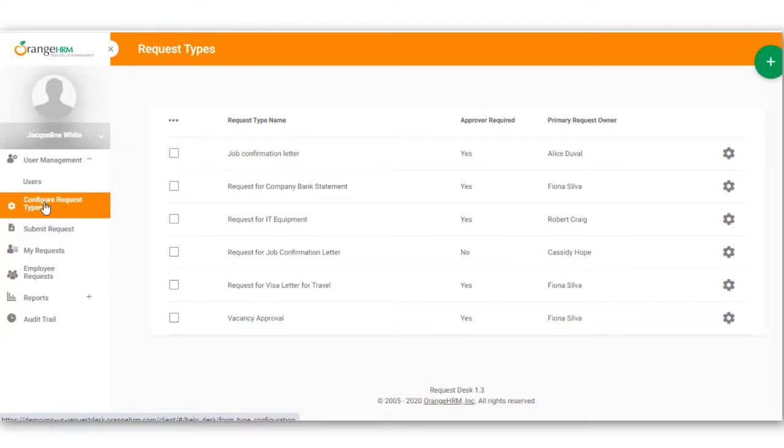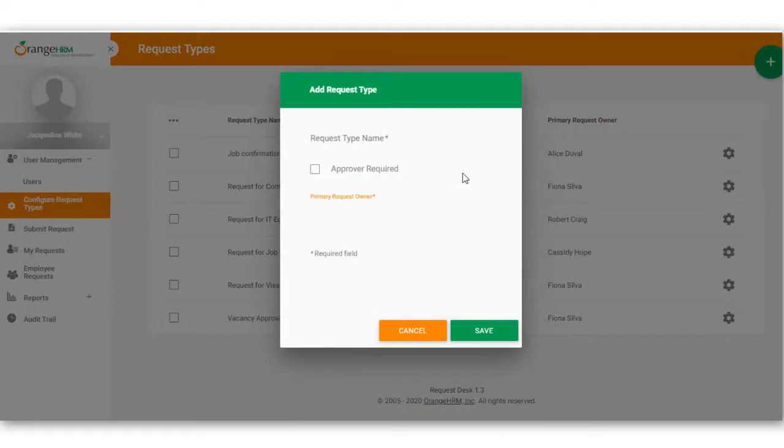In this screen, you can see all the available request types listed, an edit option for each of these request types, and the Add Request Type button, which will allow for the creation of a new request type. Let's go ahead and add a new request type. When you click on the Add Request Type button, a quick pop-up window will appear to capture basic information about